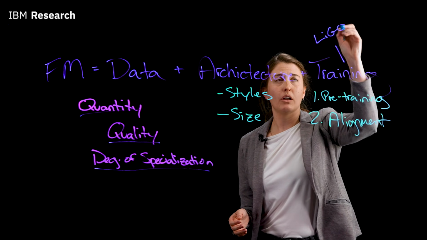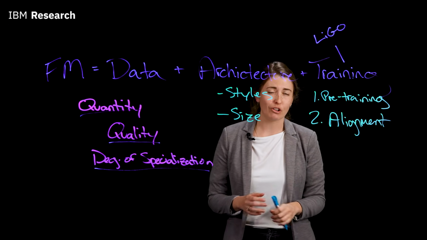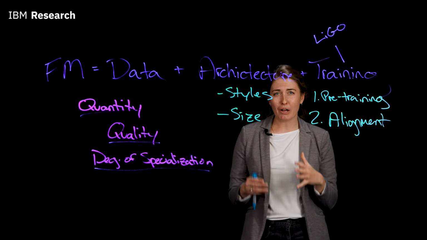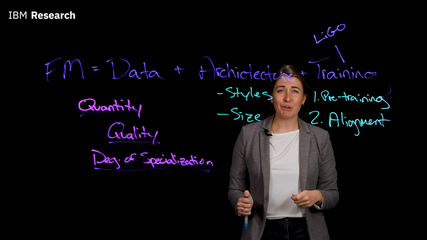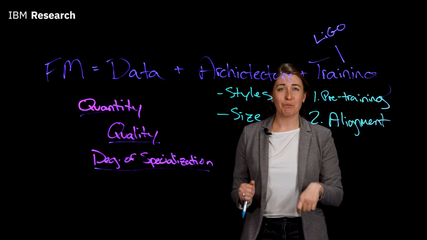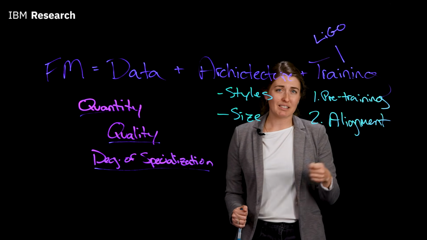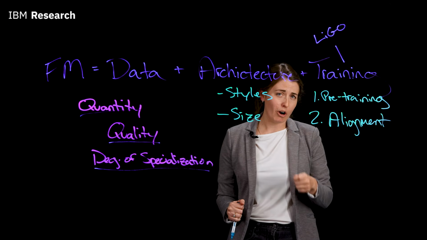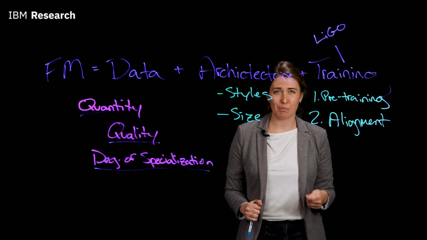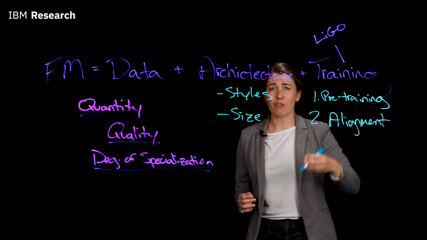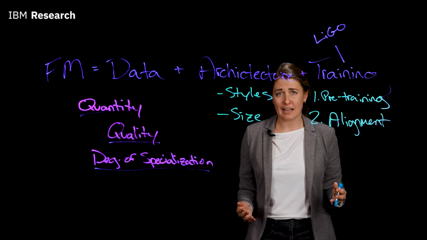And then finally, on the training side, what's really exciting here are some of the advancements coming from IBM research, including a new technique called LIGO, Learning to Grow, which is a modular training approach, allowing you to recycle models, reuse them, and thereby save significant carbon and compute costs when training these models, leading to some of our models being some of the most sustainably trained